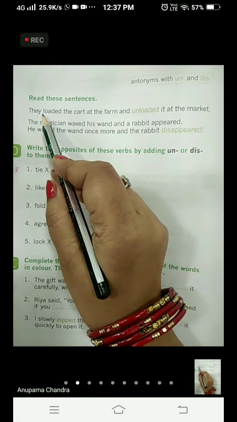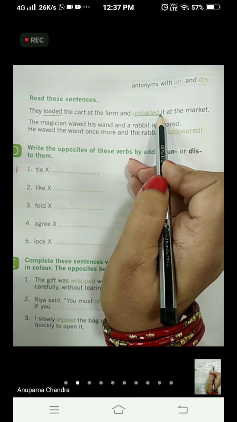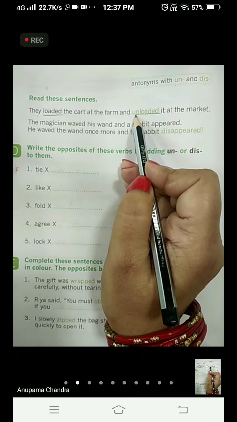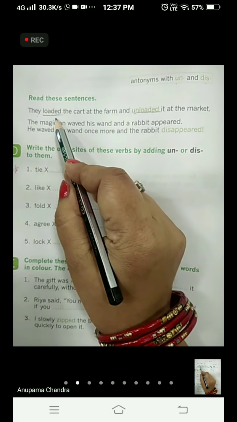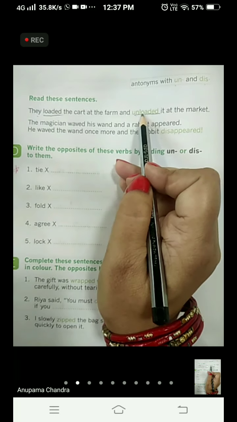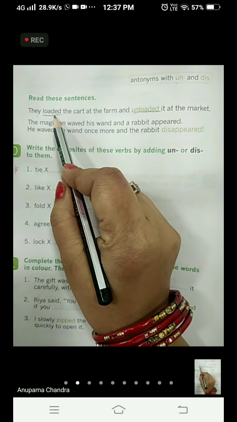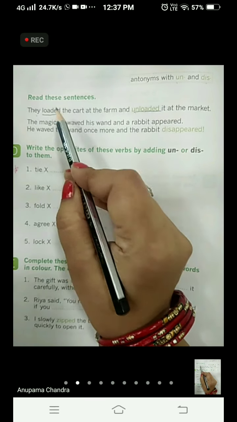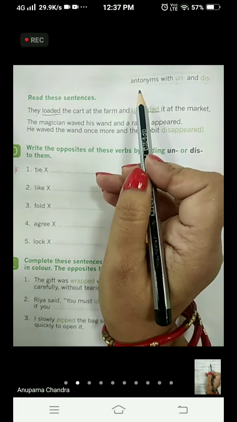So can you see the word? Here it is loaded and here it is unloaded. What we have done, we have added un to the word to make the opposite or antonym for this word. That is, the meaning of this word is completely different. That is the reverse. Okay.